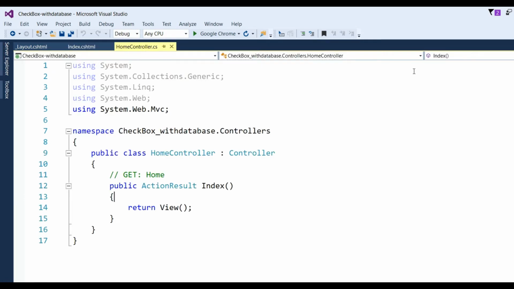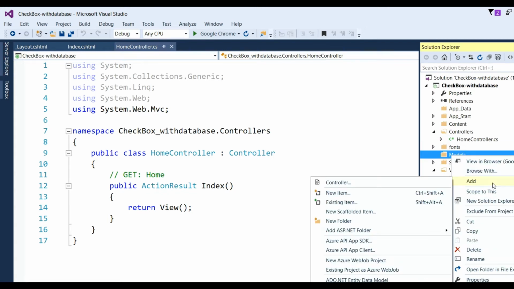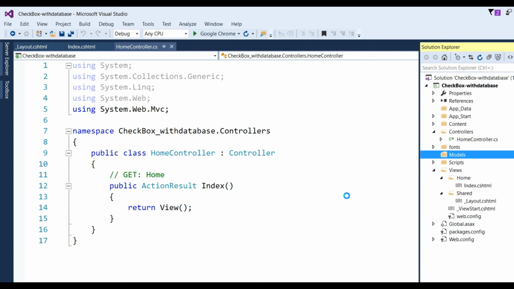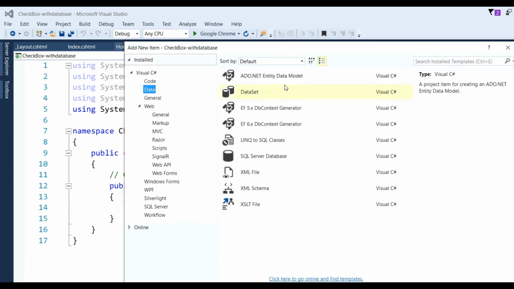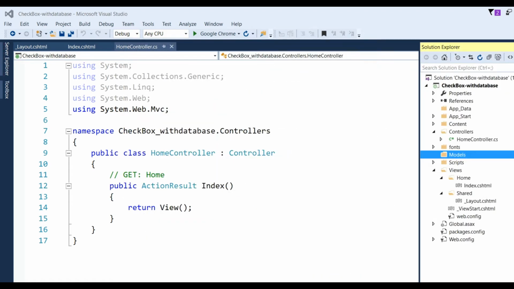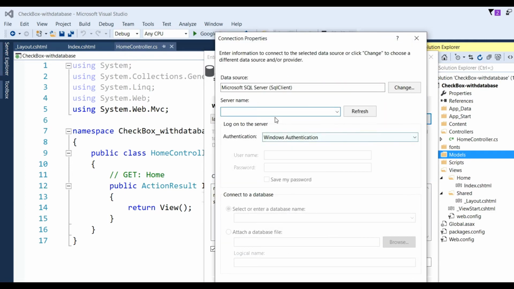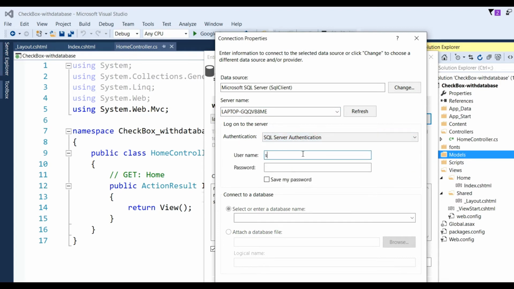So second step, add new item, go to data, EDU.NET entity data model, click on add, click on new connection, put here the server name, what you have, SQL Server Authentication, put here user ID, input password, and select the database name where you want to add.